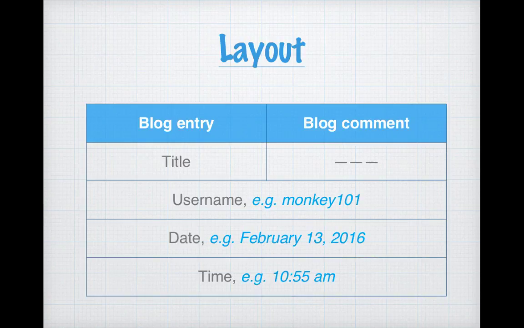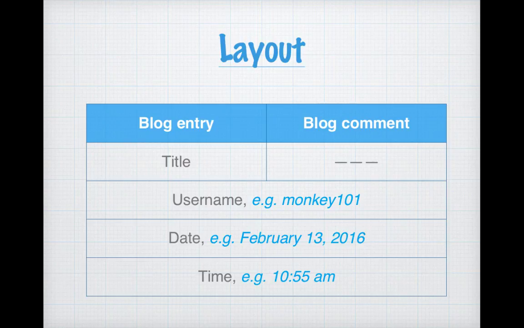So what about the layout? How does a blog comment and how does a blog entry actually look like? It's very simple. A blog entry consists of a title and the blog comment does not. This is the only main difference between these two, that a blog comment just does not need a title. But the rest is something that they do share,